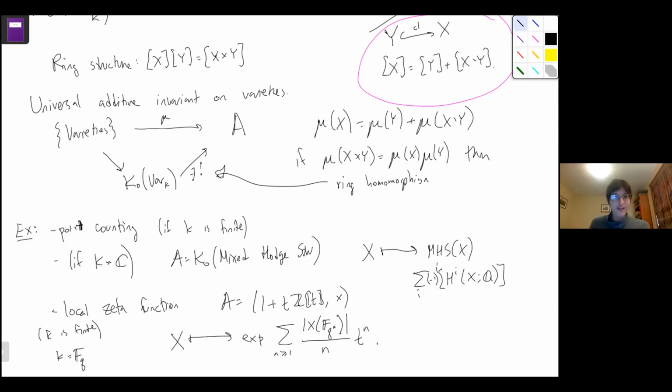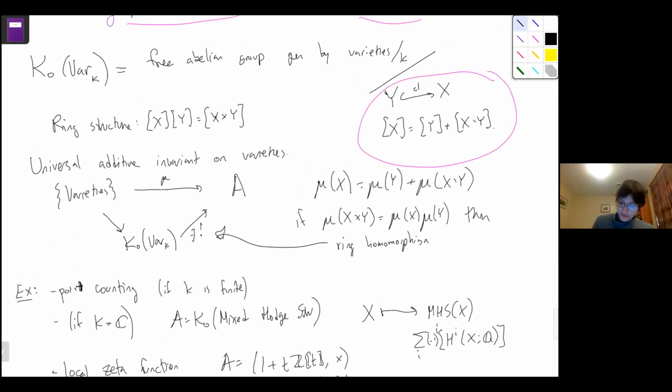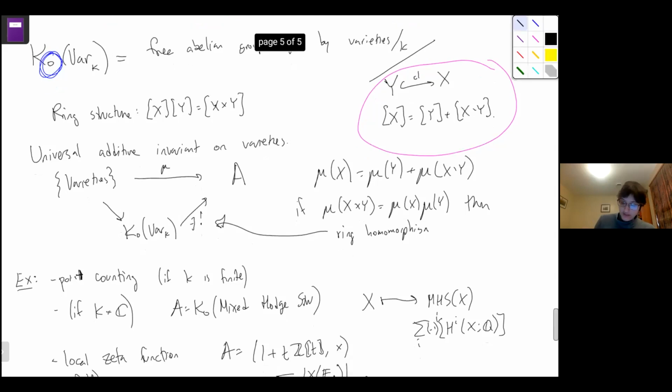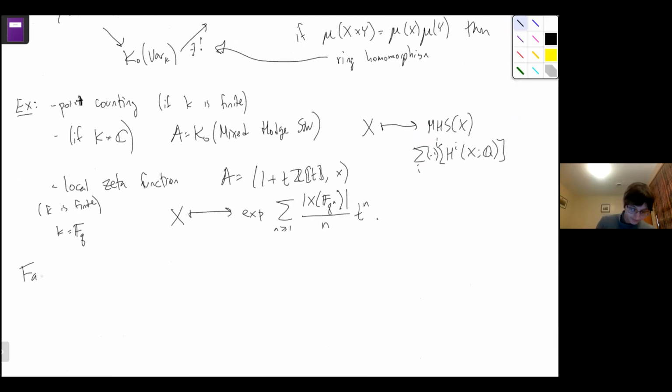Now, I'm not an algebraic geometer or a number theorist. I'm a homotopy theorist, really. And so I look at this 0 and I go, that shouldn't be a 0. That should really be a space or a spectrum, and it should be its homotopy groups. And I'm not going to talk about the details of this in this talk, but in fact, there exists a spectrum, K of varieties,